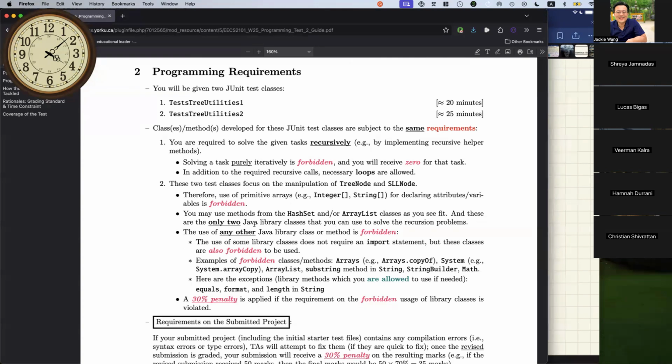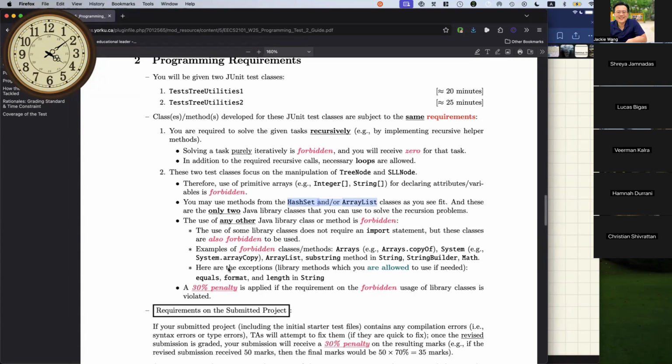As I mentioned here, I'll point it out to you. Definitely you have to use the TreeNode and SLLNode that you used in your assignment number three. That is no surprise. The only two classes you can use from the Java library, if you see them as applicable, may not even be needed. Maybe in one of the problems you simply don't need any ArrayList or HashSet, maybe just some integer or double. But whenever you need any Java library classes, HashSet and ArrayList are the only two classes you can use. Please, no Math class. We made it very clear you cannot use any other Java library class. You don't want to get any penalty because of that.